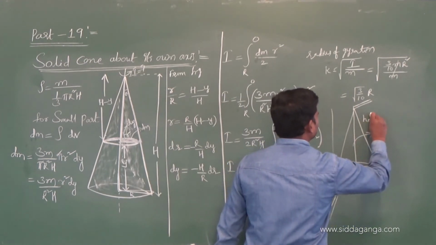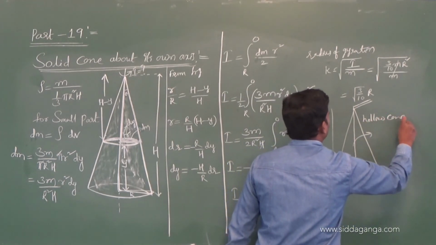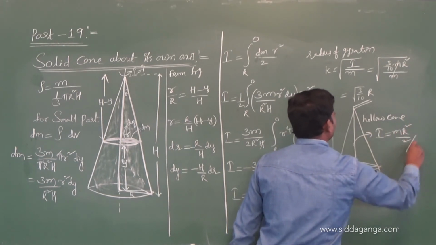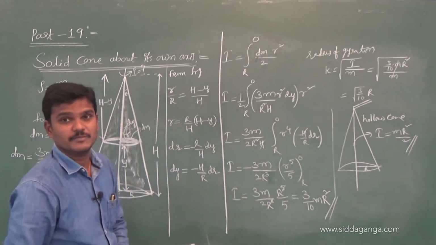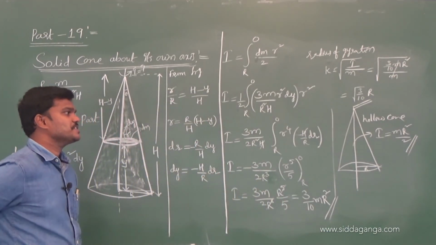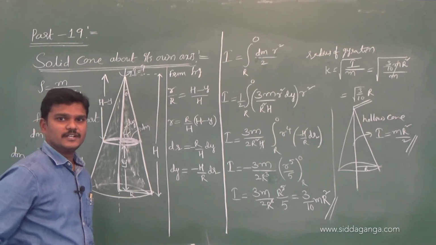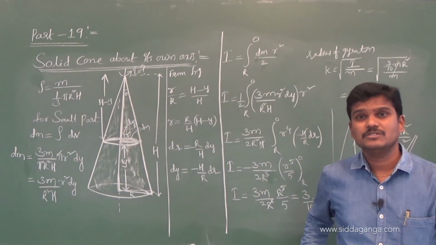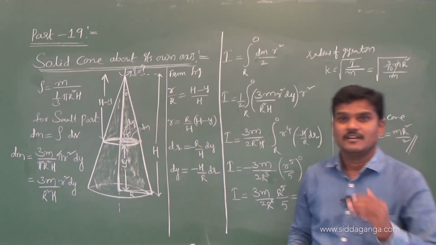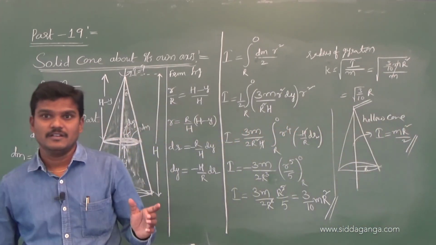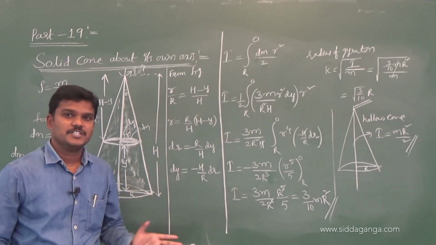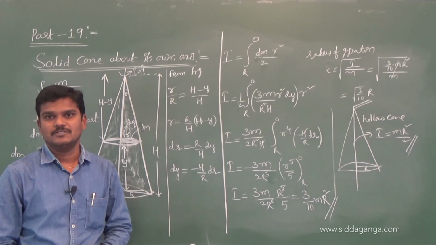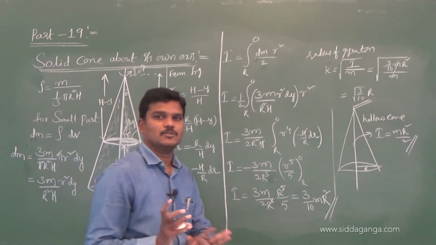See, this is the hollow cone. Hollow cone formula: I is equal to m r square by 2. So directly m r square by 2. So this is the moment of inertia of a hollow cone. See, I covered so many derivations: solid cone, hollow cone, solid cylinder, hollow cylinder. We started moment of inertia from the rectangular rod, otherwise uniform rod. So try to practice all these formulas.